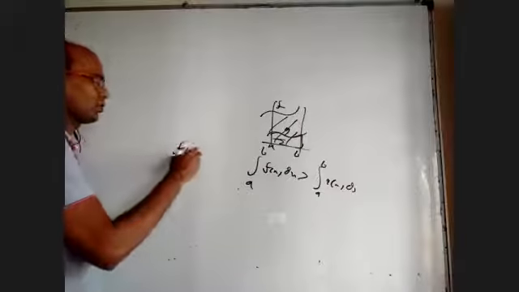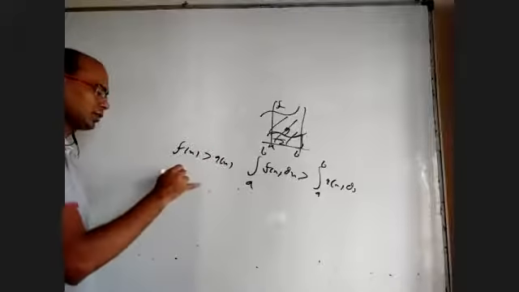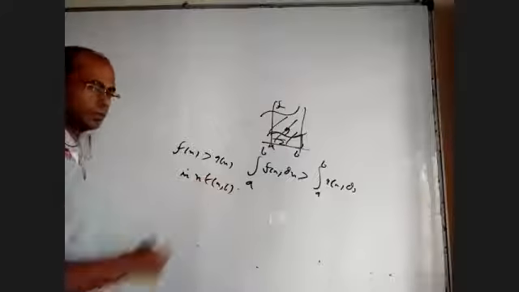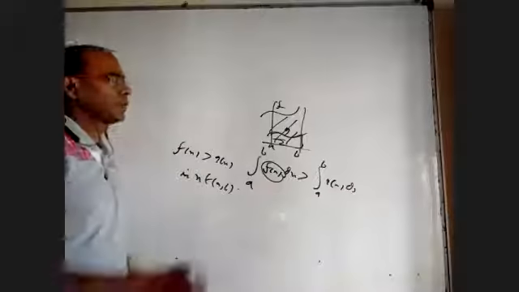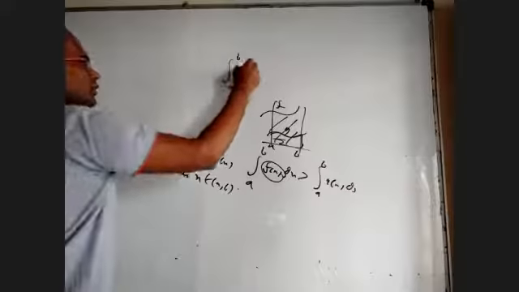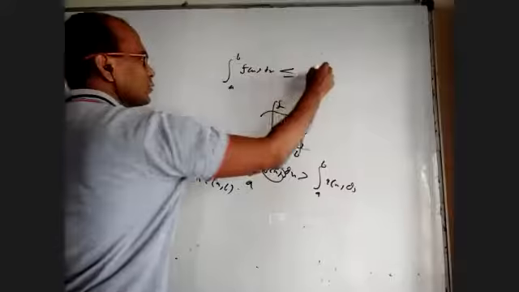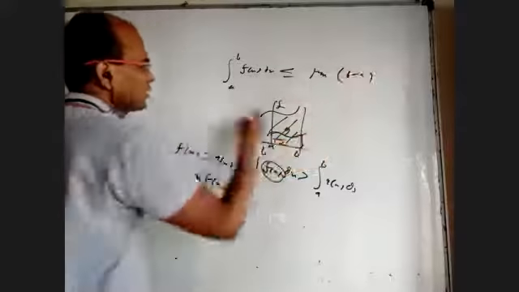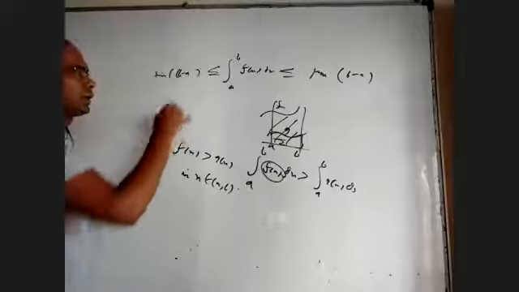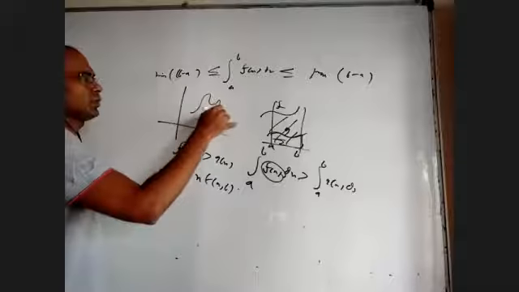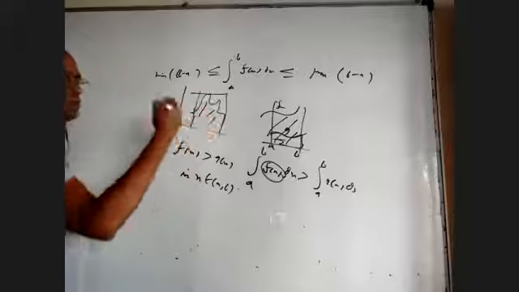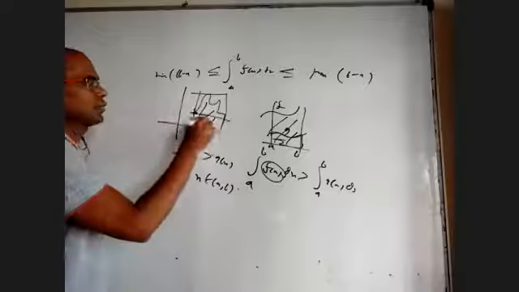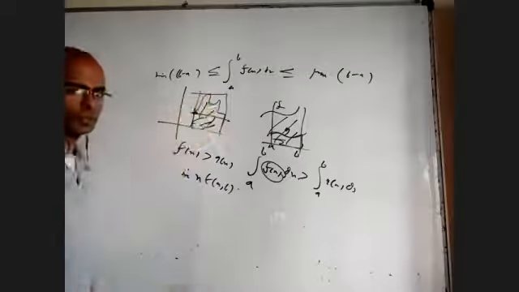Provided it is known f of x is greater than g of x for x belonging to the open interval a to b. Based on that, if somebody knows the minimum and maximum value of this, I said integral a to b f of x dx is less than or equal to maximum value of that into b minus a, and greater than or equal to minimum value of this function into b minus a. That is because if a curve is variable like this, you take the topmost point and take this rectangle, area under the curve is less than that. Take the bottommost point and take this rectangle, area under the curve is more than that.